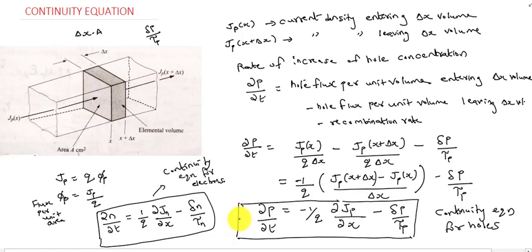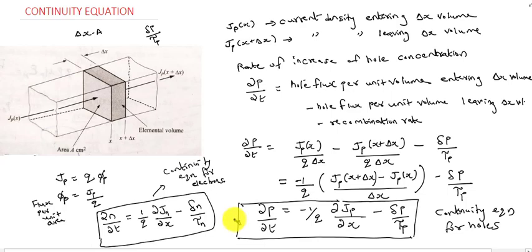So we have derived the continuity equation by considering the recombination rate also. Jp of x and Jp of x plus delta x are the diffusion current entering and the diffusion current leaving the small delta x volume we have considered. Through that volume we also considered how much recombination is occurring in the semiconductor, and we have written the equation for the net rate of hole buildup. This rate of hole buildup in the p-type semiconductor gives the continuity equation for holes. Similarly, we can derive the continuity equation for electrons.